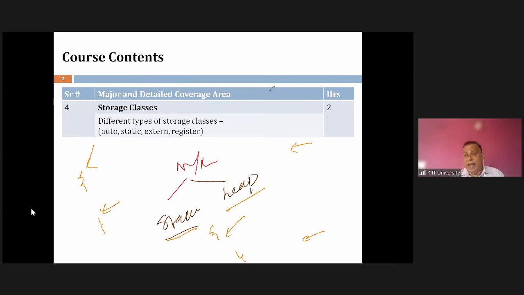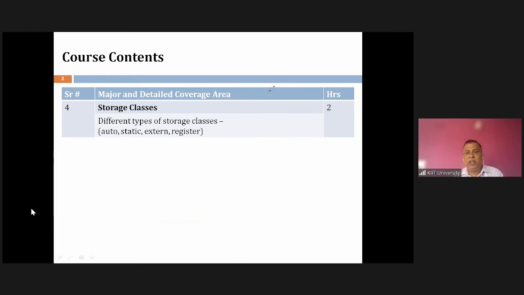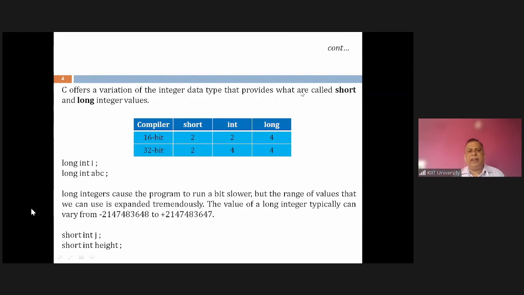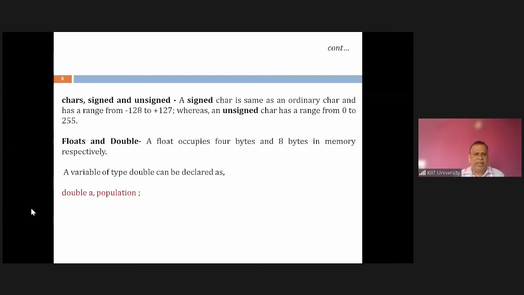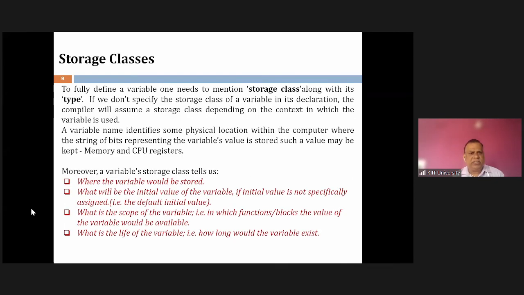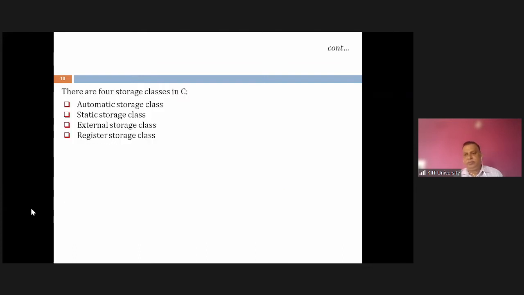With this idea, we'll discuss the storage class, where variables are basically being stored, and if one needs to be stored in some specific place, how do I declare it? The size of the variable, you all know, is compiler dependent, system dependent; integers can be 2 bytes in some machines, 4 bytes in others. These are not required here. Storage class: it can be defined in 4 ways: automatic storage class, static storage class, external storage class, register storage class.